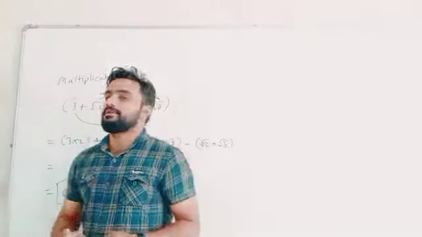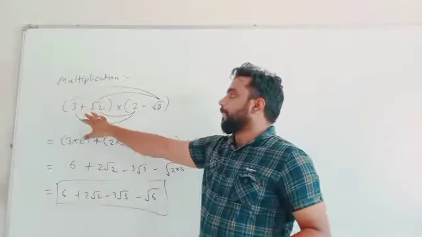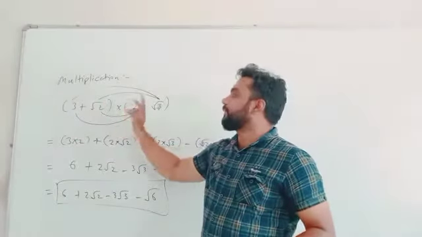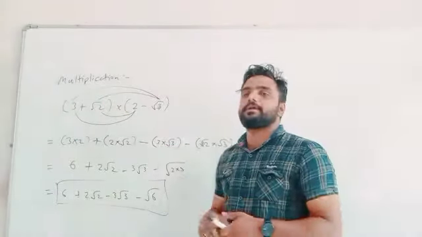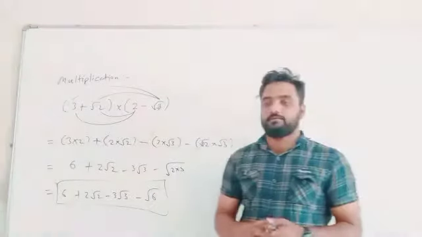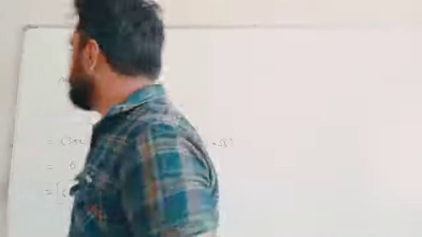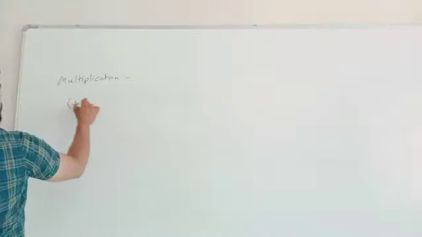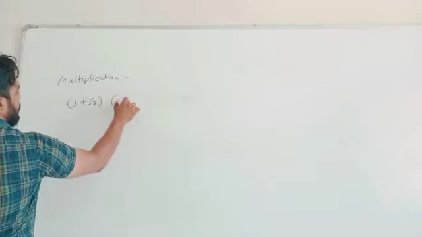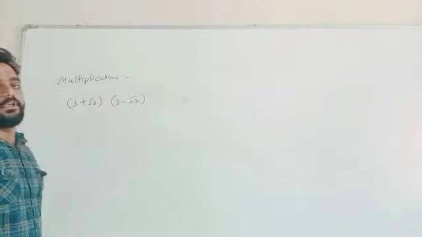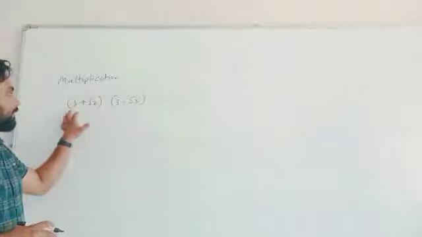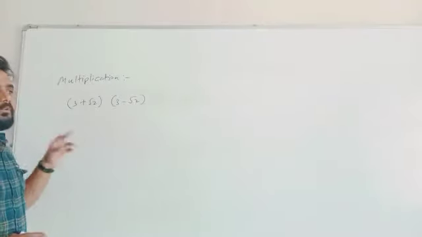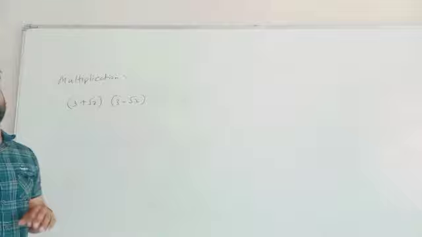Understand or not? Means when this type of number is given to you and you have to do the multiplication between both of these numbers, this is the method how to multiply it. Understand or not? Okay. Now suppose there is a multiplication, when the numbers given to you are 3 plus root 2 and 3 minus root 2. Okay. So here we have to use the identity, that is a plus b and a minus b. Why? Because the terms in both of the brackets are the same.